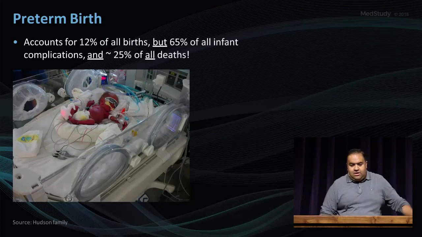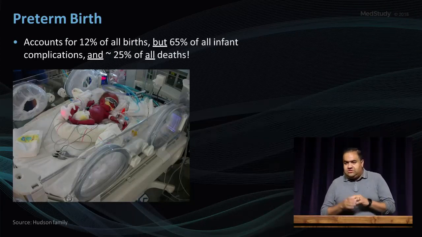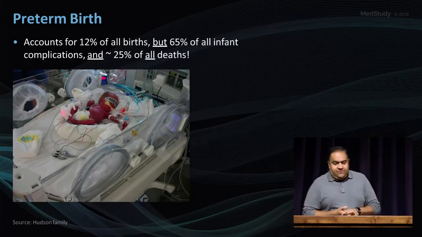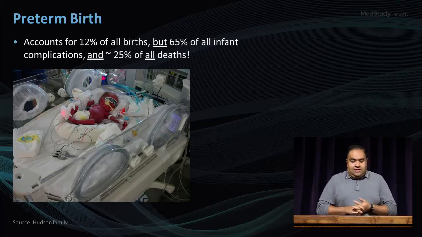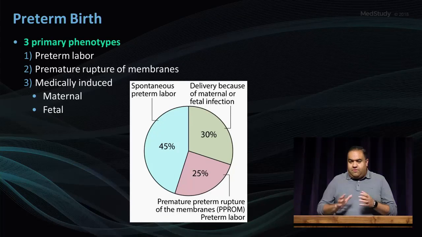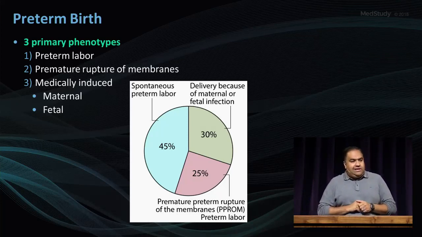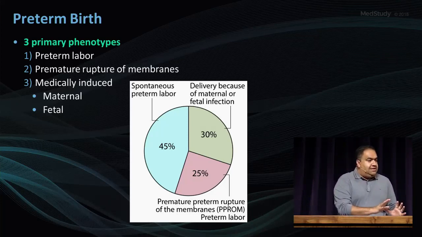All right, so prematurity accounts for about 12% of all births. Let's talk a little about the preemies, but 65% of all infant complications and about 25% of all deaths. And so there are three primary subclassifications of premature births: those that are preterm labor, premature rupture of membrane, or the medically induced, be either maternal side or from the